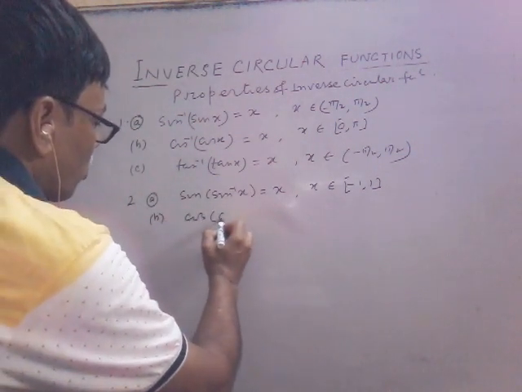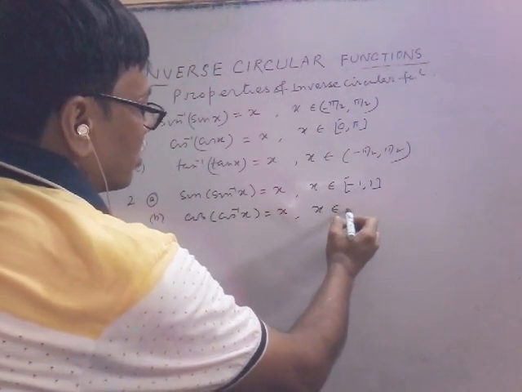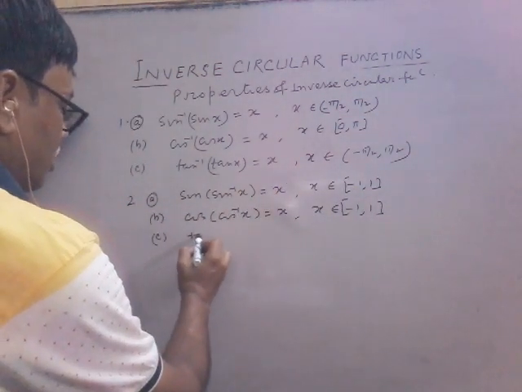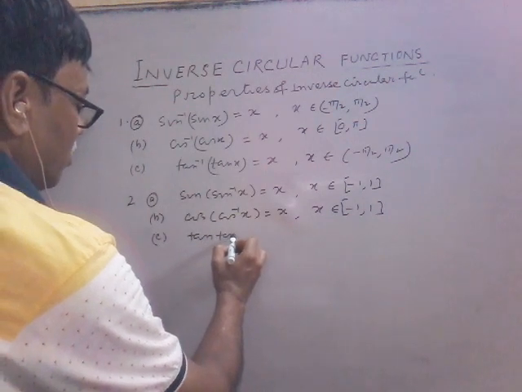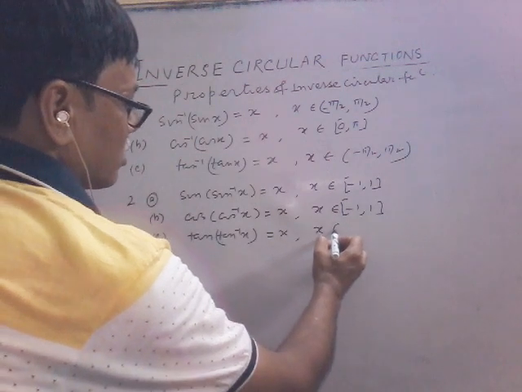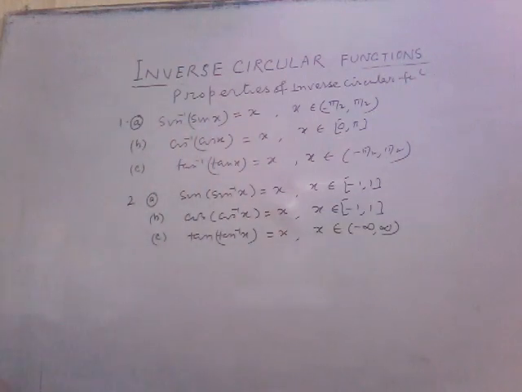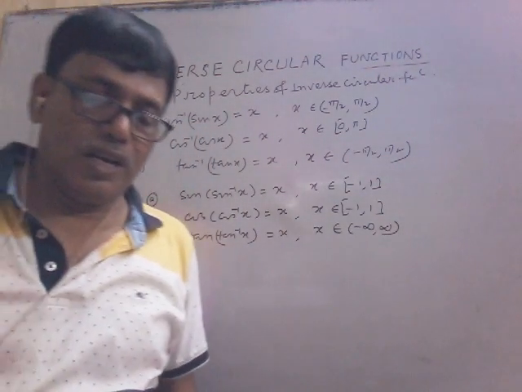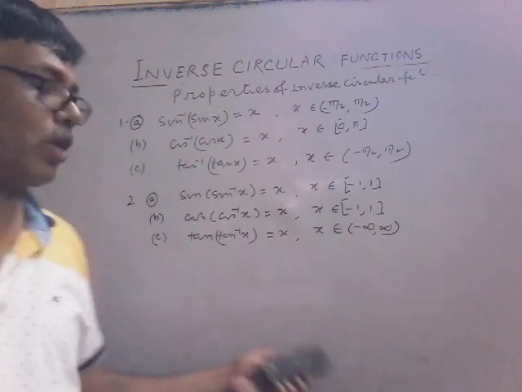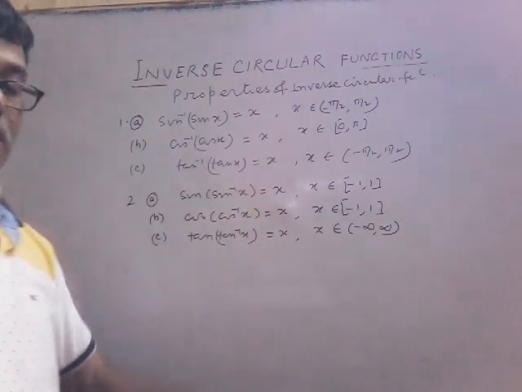Cos of cos inverse x equals x, x belongs to minus 1 to plus 1. Tan of tan inverse x equals x, x belongs to minus infinity to plus infinity. Similarly, for other trigonometric functions, cot inverse x,